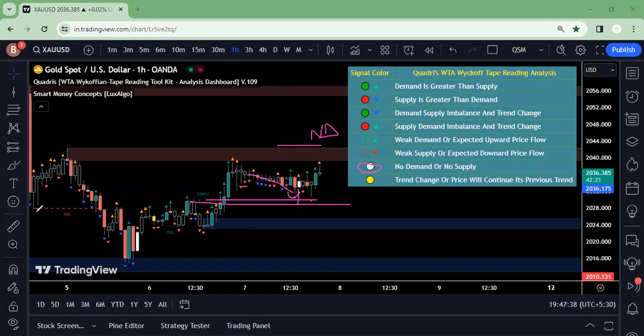So trading with the Wyckoff method is contextual and objective. So please keep in mind. So there is no supply. So at this particular point, I was quite sure that we are testing this particular level. So either